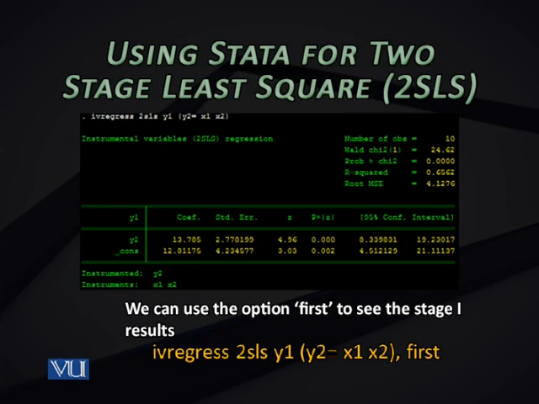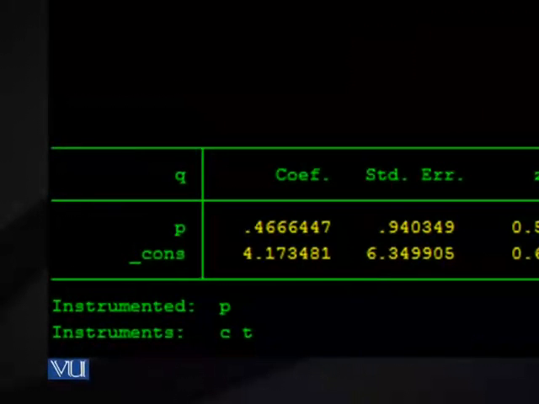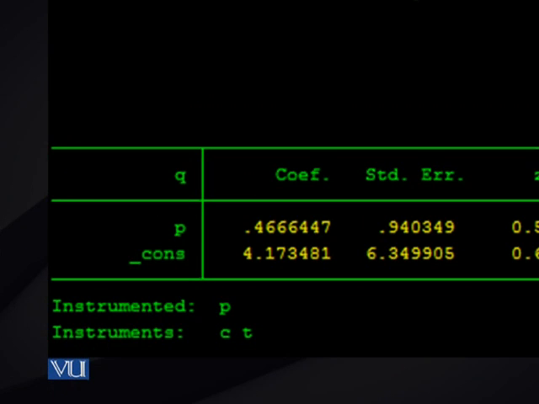Similarly, for the second model, you will write IV regress 2SLS. In fact, in the second model, you have the first over-identified equation as Q on P. That's it. So you'll write IV regress 2SLS Q P. But for P, you want to instrument P. So in parentheses, you will write P is equal to C and T. C and T are cost and technology, which were the exogenous variables in the reg3 command as well as the procedure that you adopted by using Microsoft Excel. You will get the following results that you are seeing on the screen. Again, 0.4667 and 4.17, an exact match of what you did earlier.